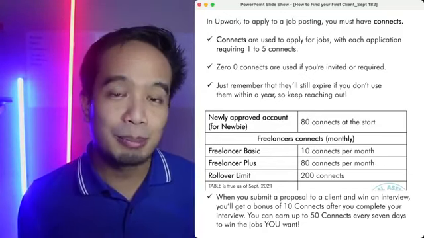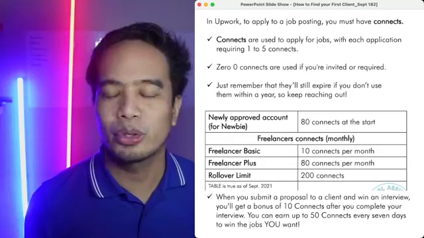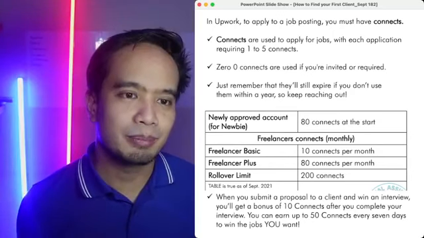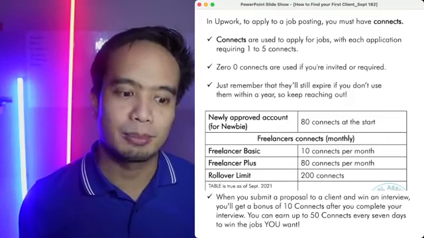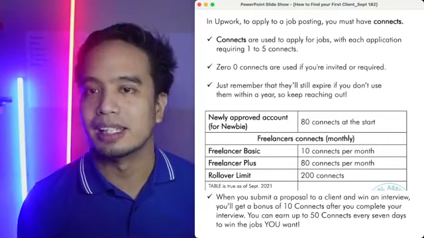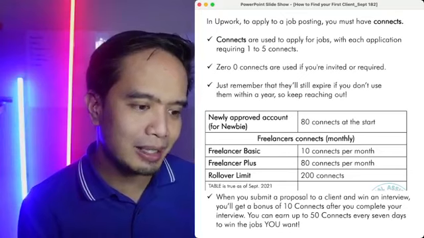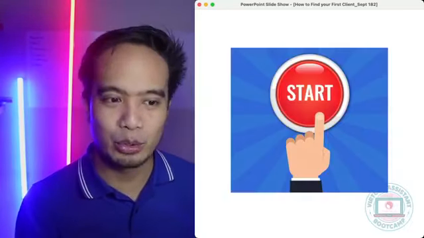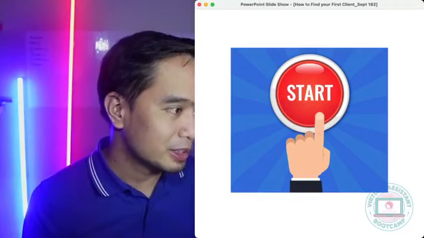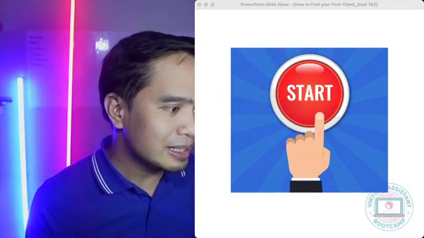So, parang may prize ka din. Kahit hindi ka ma-hire, basta you go through the interview inside Upwork, you get bonus connects din. So, yun, kahit hindi kayo magbayad, mag-refresh pa rin yung connects mo because may prize kayo for doing a good job. Okay? So, that's how you would do it.